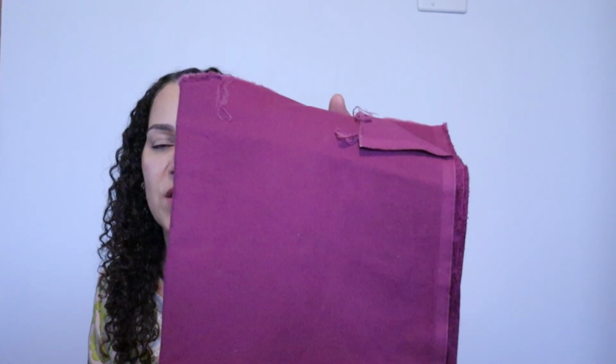I also wanted some cotton just to experiment with making a cute tank style top. I made a really cute top last year that I'll be showing in my video of things I made. I think I've already shown it because I made it for France, but it's this little peplum tank top, and I made it out of a vintage 70s pillowcase. And I wanted to recreate that in maybe a solid color because I don't have a ton of solid. So I found this really pretty fuchsia cotton, and so I picked up some of that just for that